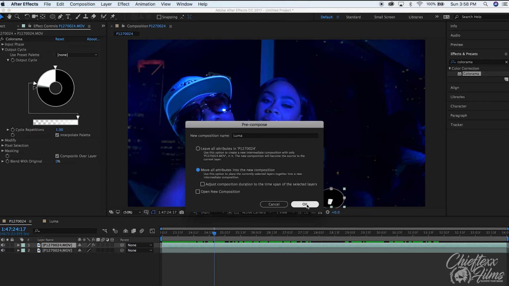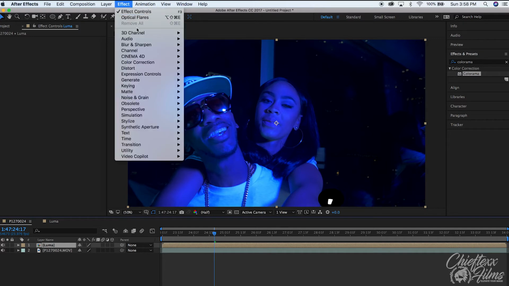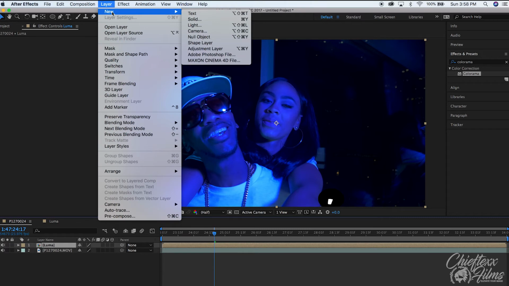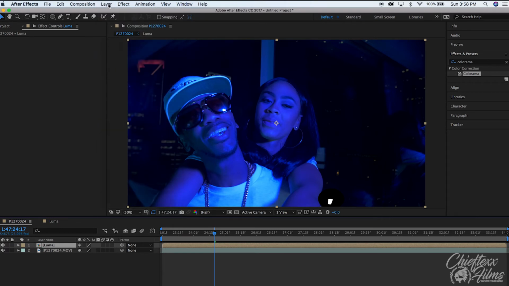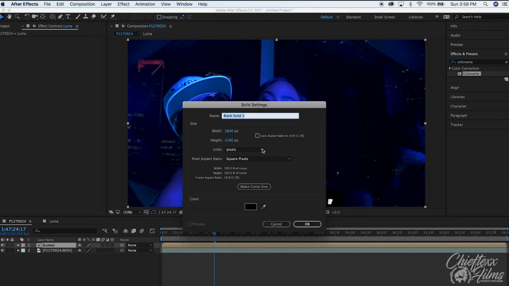So now we have this new layer, and we can bring in the effect. You're gonna bring in the new layer. So now you go to layer, new solid. Make sure it's comp size,